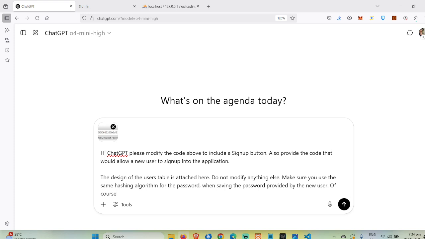We are going to create another PHP file here, which is signup.php.